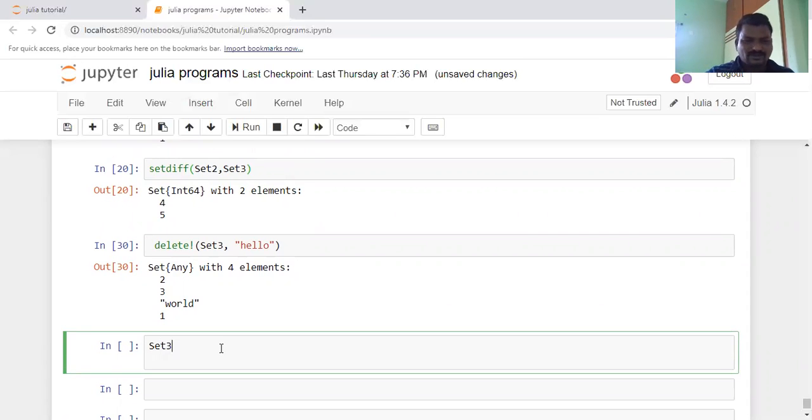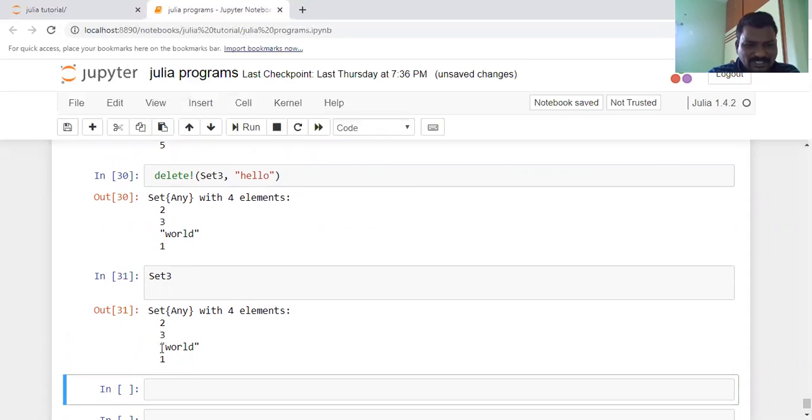That means you are deleting the element hello. In this way, you will delete elements from the sets. For this purpose, you are using the set operation. This is some information regarding the sets. Thank you.